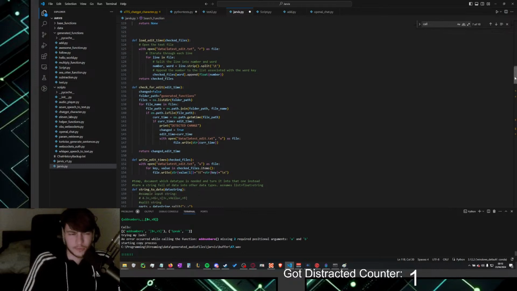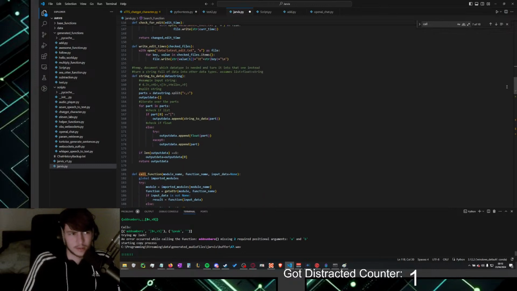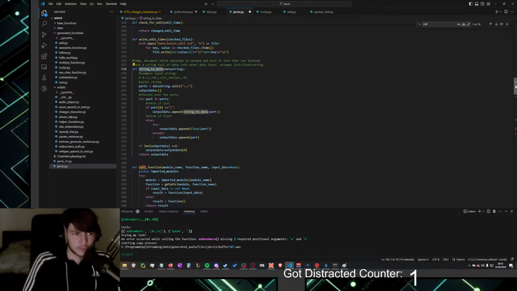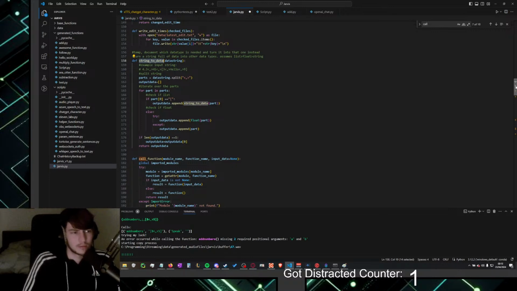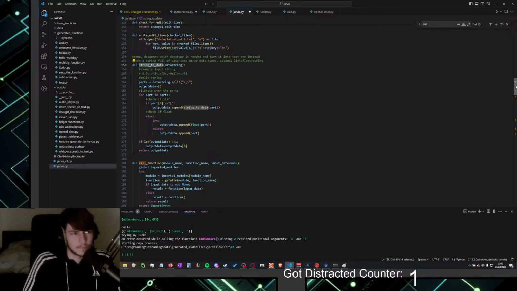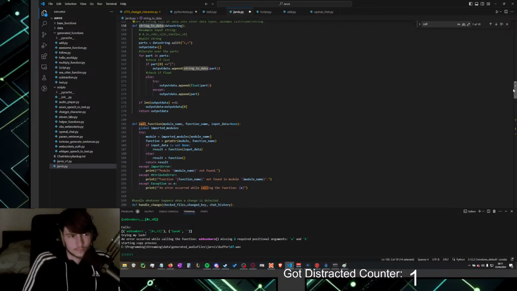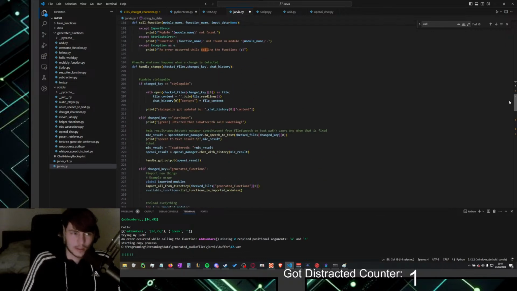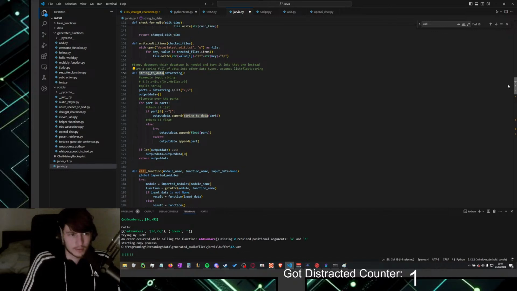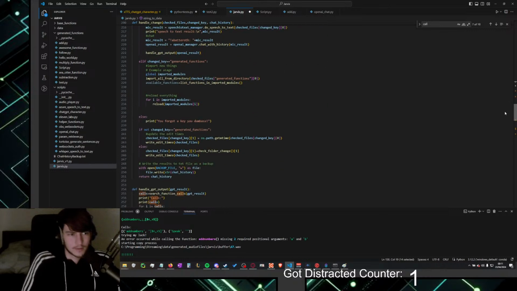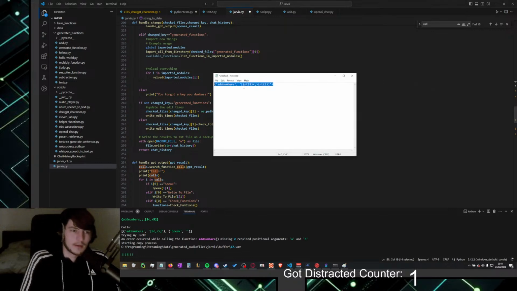But wait, I wrote a function string to data, which is a very stupid function, but it might work if I just throw it in there. Okay, no. I should just straight up delete that one, actually. But I should rewrite it to do that.